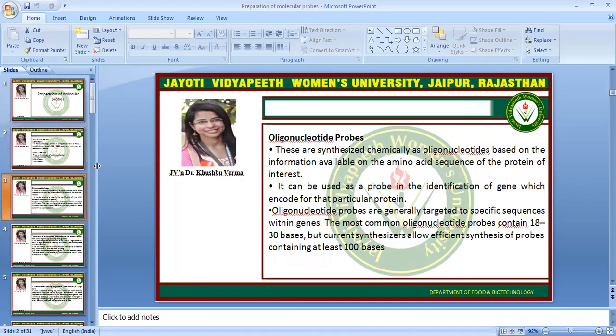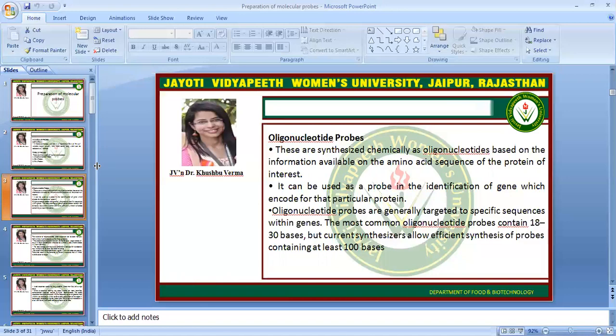First of all, we will go for the oligonucleotide probes. These are synthesized chemically as oligonucleotides based on the information available on the amino acid sequence of the protein of interest. They can be used as a probe in the identification of the gene which encodes that particular protein. Oligonucleotide probes are generally targeted to specific sequences within genes. The most common oligonucleotide probes contain 18 to 30 bases, but current synthesizers allow efficient synthesis of probes containing at